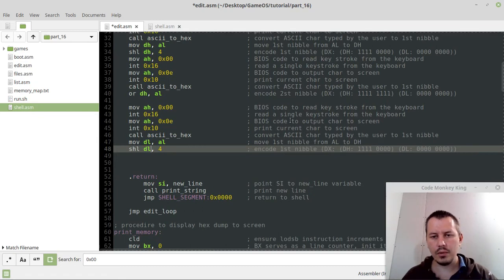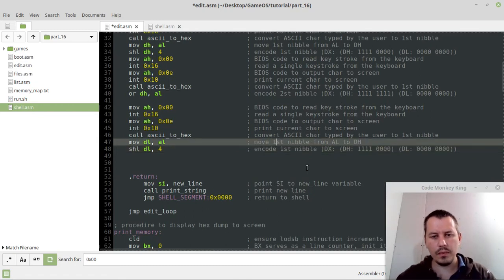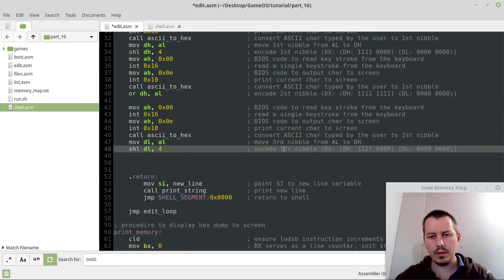So here we move the third and convert the third nibble. So here this is already being initialized from the previous part, and now we have the upper 4 bits